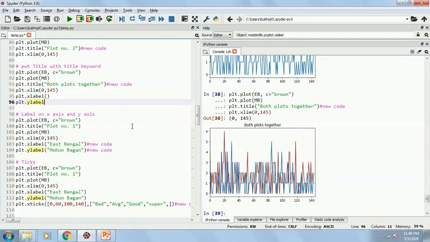Both the things I have added. In the x-axis, these are the number of matches, so I can write number of matches, and in the y-axis I can write number of goals scored.